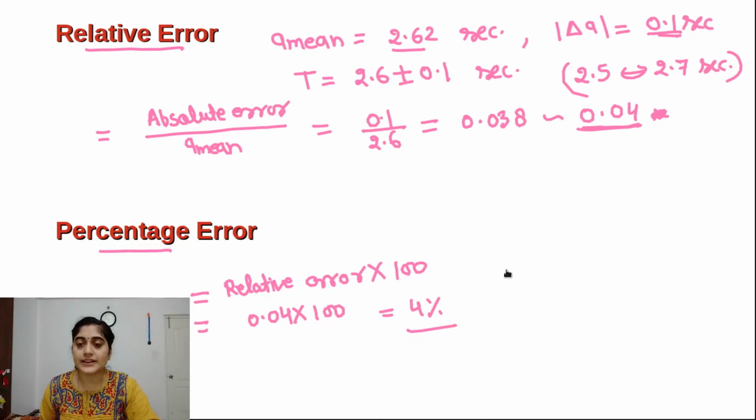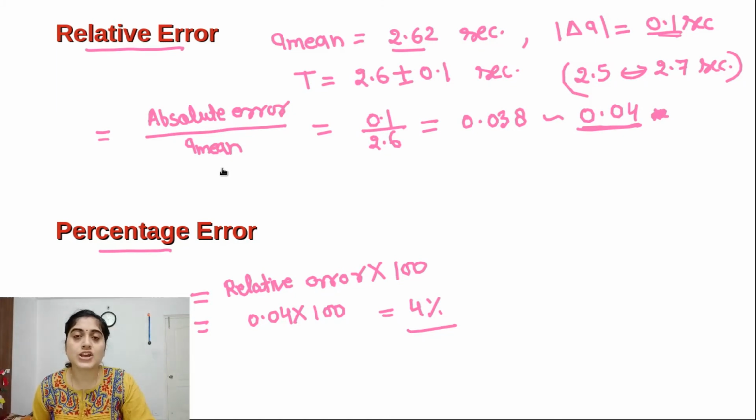So like that we can calculate. Here I have explained one problem in which we have calculated absolute error, relative error and percentage error. If you have any doubt in this problem or any other problems and you are not able to calculate, please ask through the comment box and I will explain that particular problem. Okay, and in the next video we will see the combination of errors.